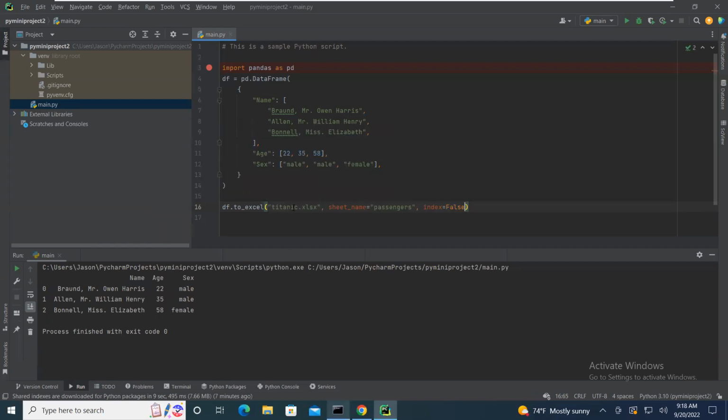Let's paste this in here. We can say go out to, and in this case, we're not going to do Titanic. We're actually going to do our team, for example. We have a sheet here that's going to show our passengers. That's the sheet name that we're going to create. Index, we don't want to actually index off any specific one. And if we simply hit enter and then run this file,